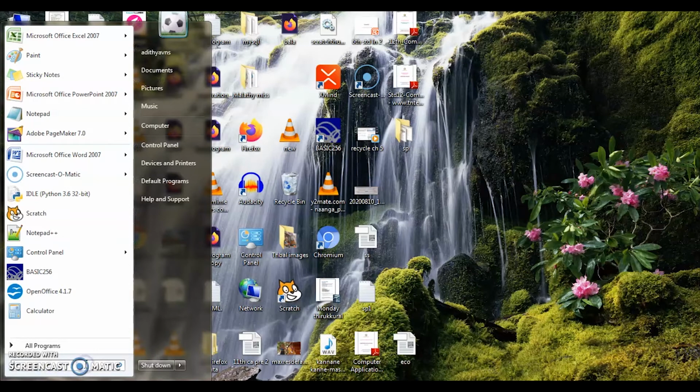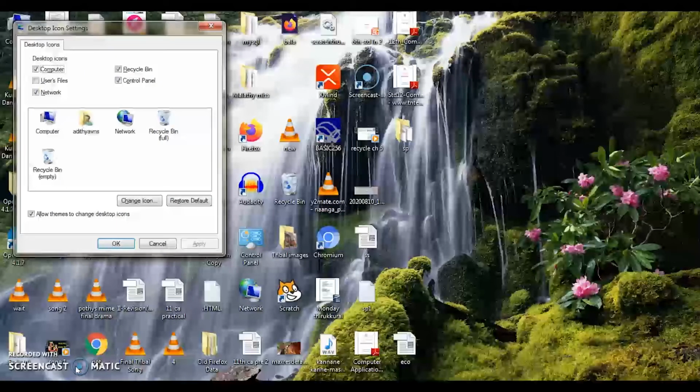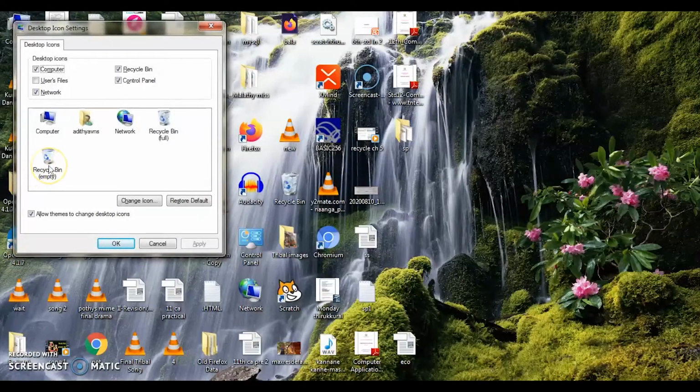So let me search for the Recycle Bin. It is here in the desktop icons.